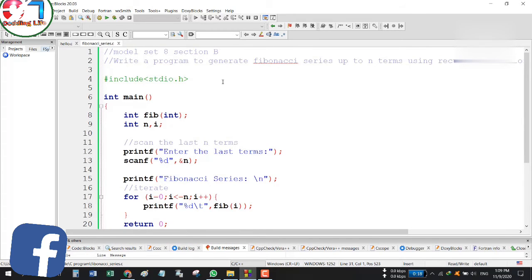Here I have commented some lines about this program, and here I use a header file which is stdio.h. H means a header file. H is the extension of a header file, and stdio means standard input and output.